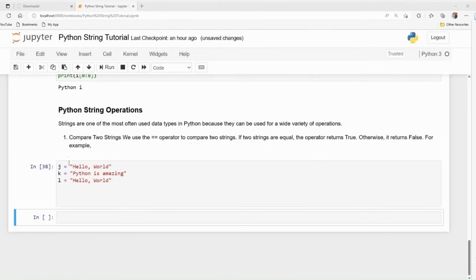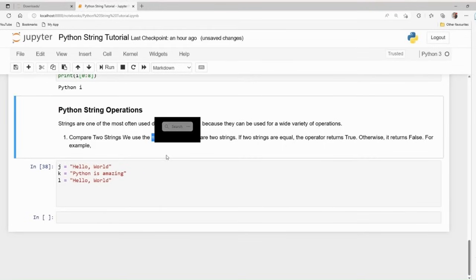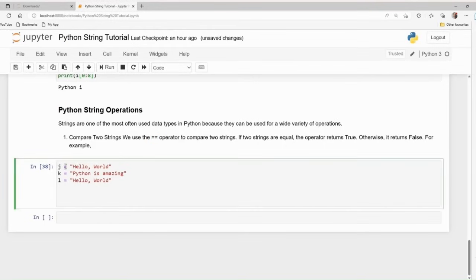So I'm going to create three strings. As you can see, we're using the double equal sign operator. Remember, for assigning a variable, we use the single equal sign because we're assigning the string to the variable. But when we're trying to check if both are exactly the same thing, we use the double